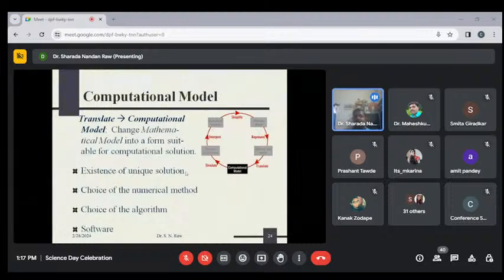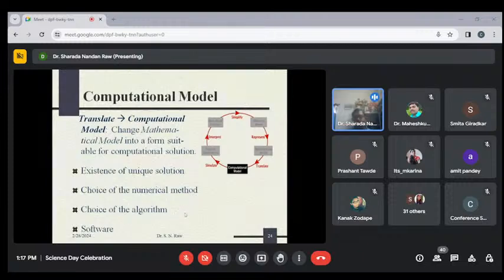So you have to first decide under which criteria the model gives the solution, just to check, and choose the numerical method. You have to choose the appropriate numerical method. Suppose you are choosing the bisection method and the Newton-Raphson method. Sometimes the Newton-Raphson method gives the solution in one or two steps. Okay, in one or two iterations it gives the solution, but the bisection method may take 4, 5, 8, 9 iterations for the same problem. So you have to choose the appropriate method. This is a basic concept.